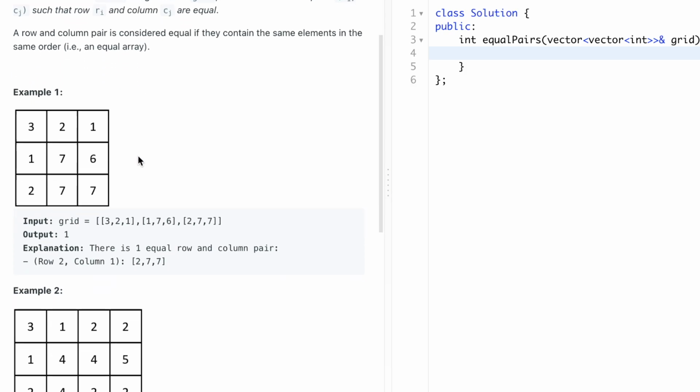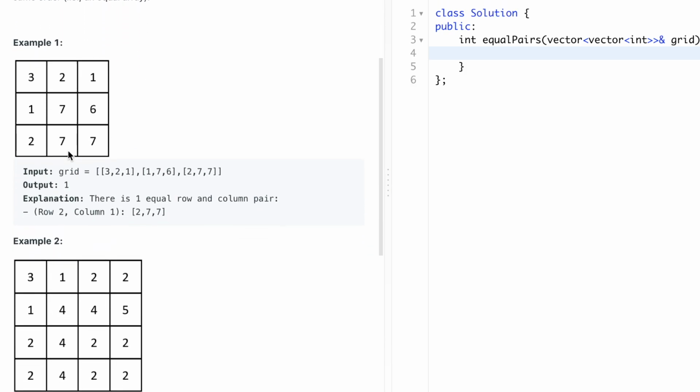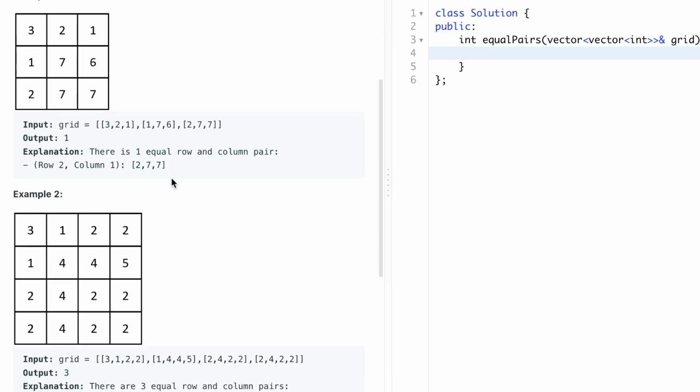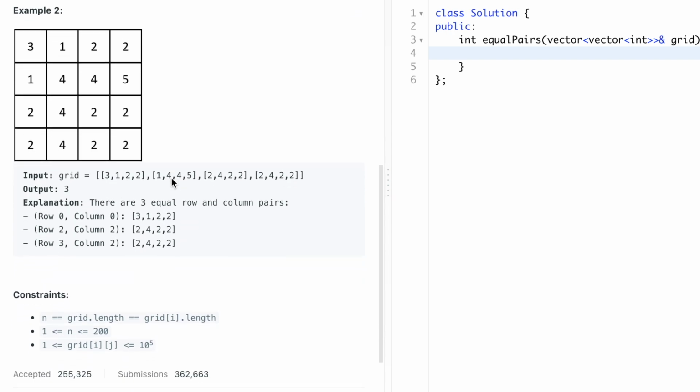So let's just go for the example. Yeah, so it is 3 2 1, 1 7 6 and 2 7 7. So if we can see this 2 7 7 and this row, third row and second column are equal, and that's what the answer says. We have one pair, that is 2 7 7 and 2 7 7, so row 3 and column 2. Similarly, if we can see the second example, we have this